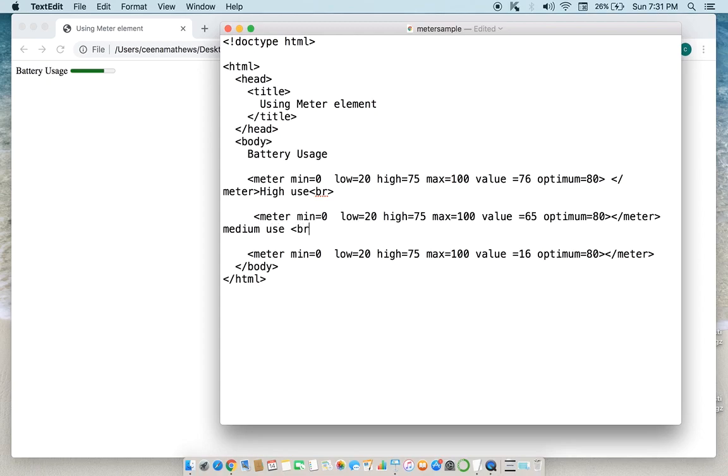Again use the line break. One or two breaks can be used to display it neatly. Okay, and the third case we are going to show is the low usage. So here low use.